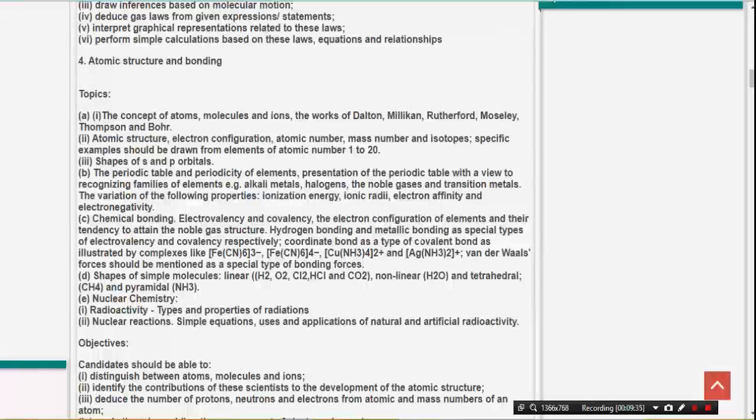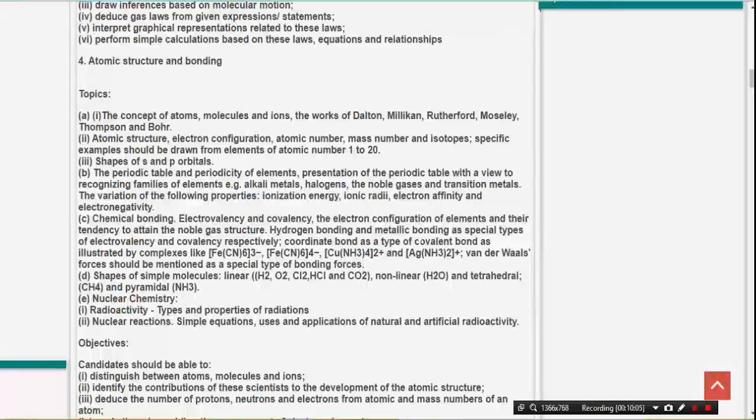Chemical bonding, that is number C. Electrovalency and covalency, the electron configuration of elements and their tendency to attain the noble gas structure. Hydrogen bonding and metallic bonding are special types of electrovalency and covalency respectively. Coordinate bond as a type of covalent bond as illustrated by the complexes like